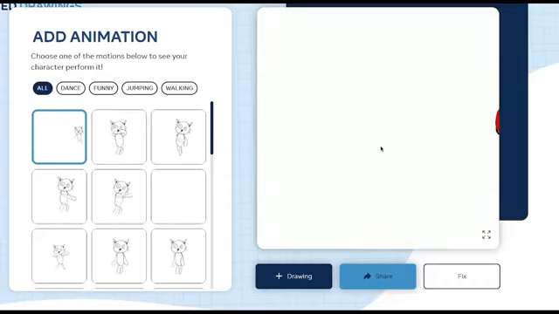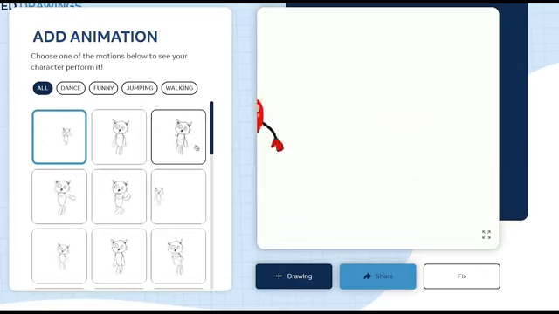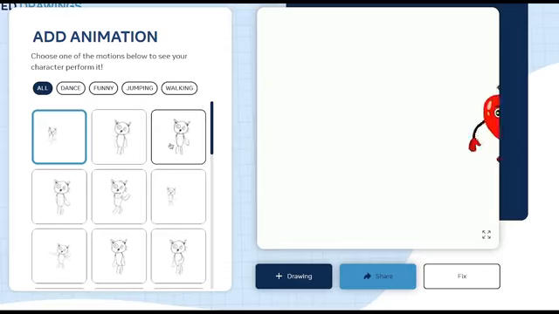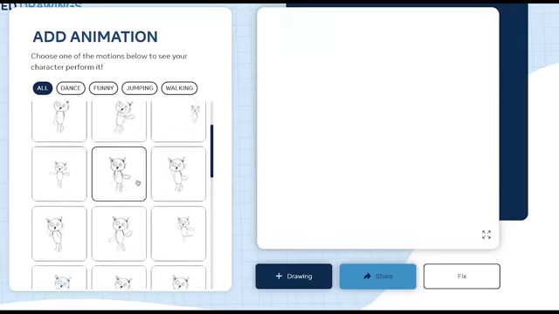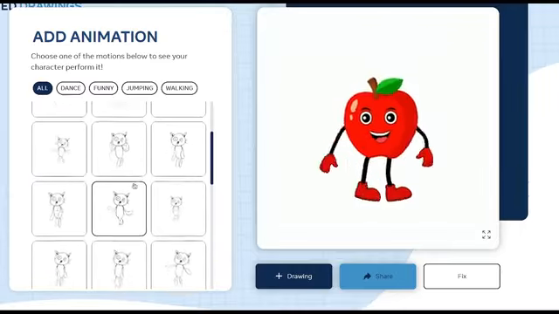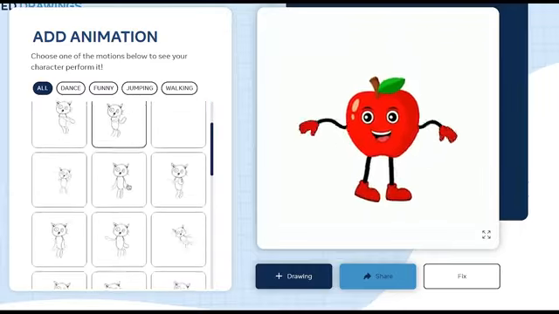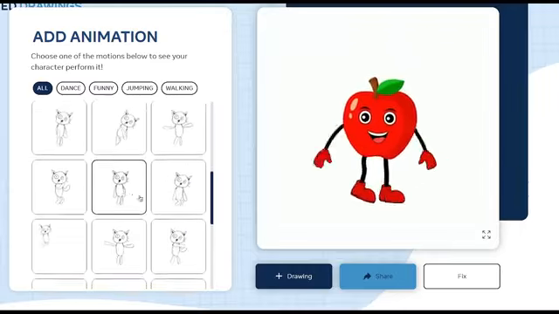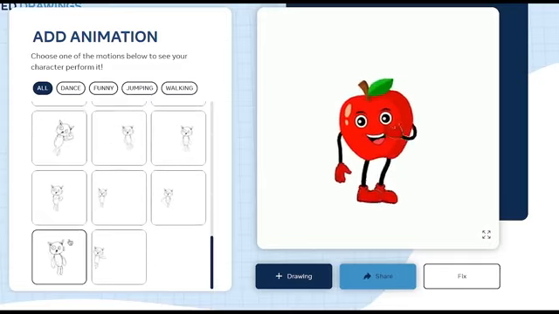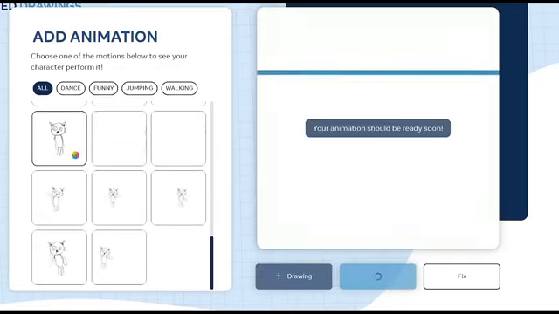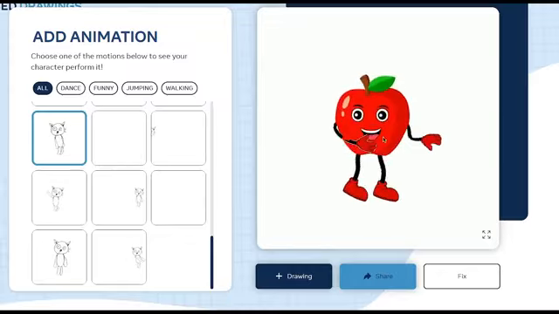And now here's a great thing about this tool. We only had to do this once to generate him once. And then on this side under here, where it says Add Animation, there's around 30 different animations you can let him do, which would be more than enough for you to create an entire animation with practically any movement you could think of. And in order to change the animation, it's as simple as just clicking on the one that you want. And now as you can see, here he goes.